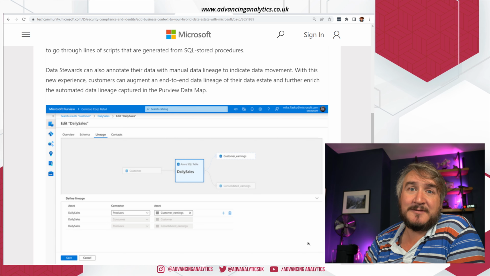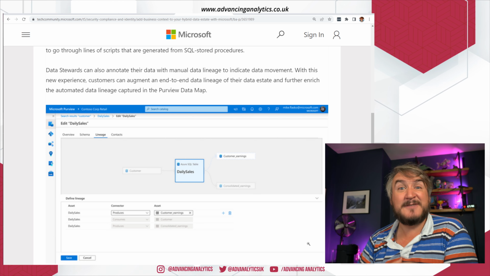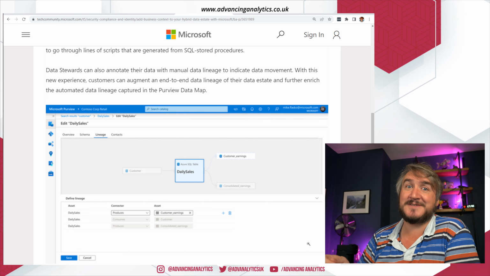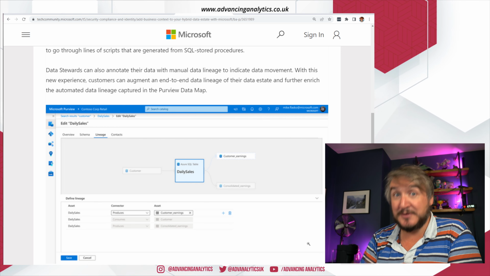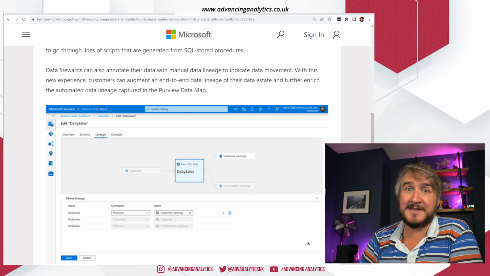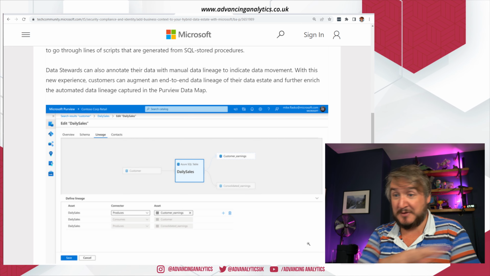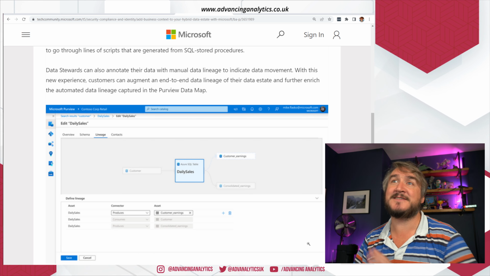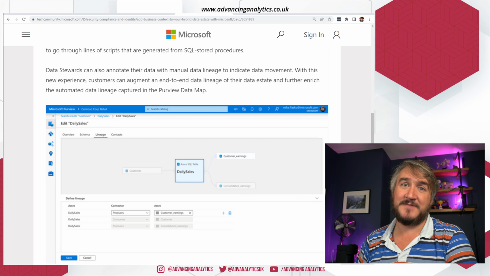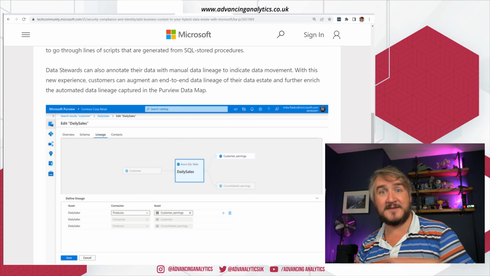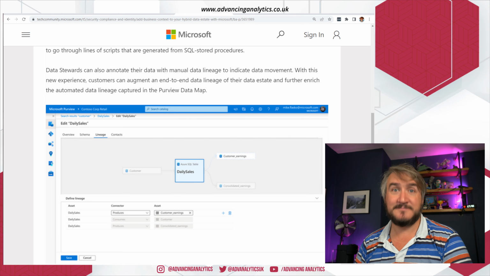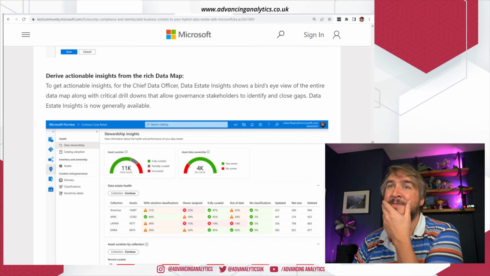So having this and being able to actually fill any gaps, even if it is manual, even if it's saying something happens there, this is a process, this is who owns that process, that is good just to know that data set goes into there. That model, which previously just comes from somewhere we're not sure where, this is where it comes from, and we can fill in those blanks. That is so important in making sure that your governance picture, your mapping of your data estate, is complete. So really happy to see that going in.